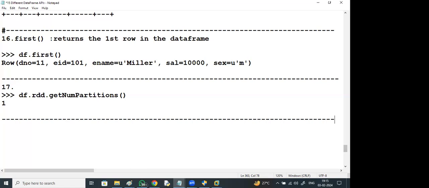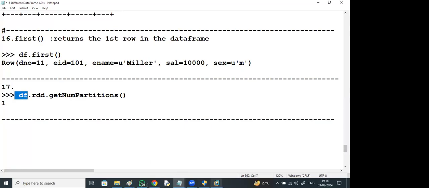So df.rdd.getNumPartitions is applied on the previous record, right? Previous row object. The one record is df.rdd, meaning data frame to RDD conversion. On that RDD, again getNumPartitions. So the data this is applied on is just one record, right? df.first means only the first row, employee ID 101. Can you tell me on what data it is applied? The data frame is there, right?